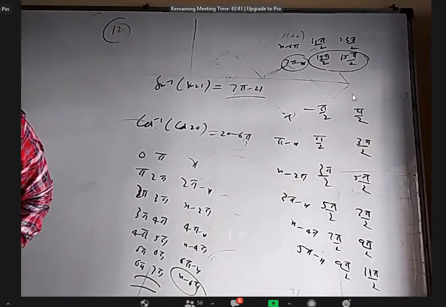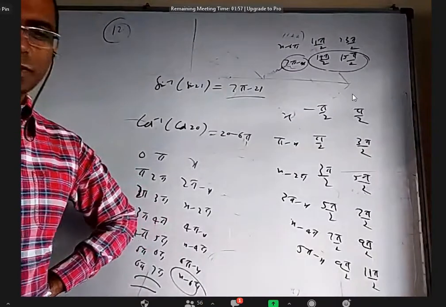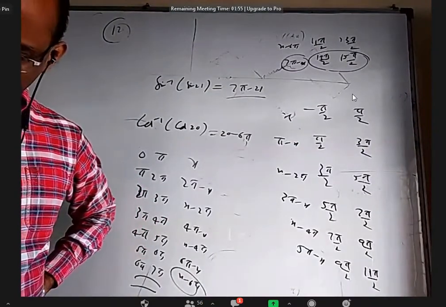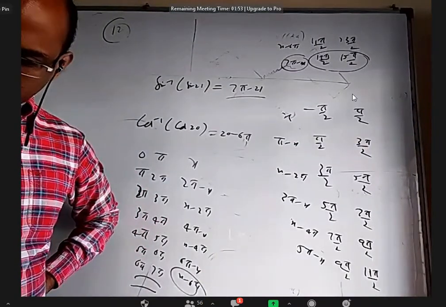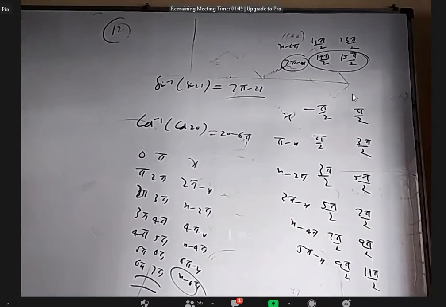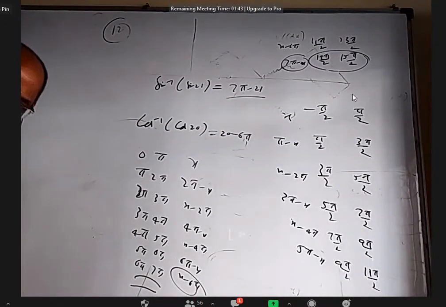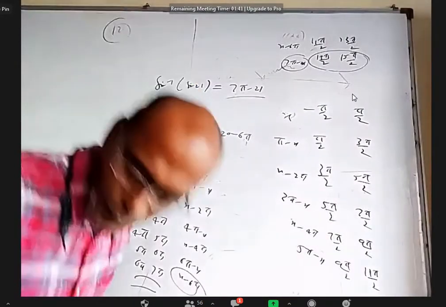Of course, somebody can easily tell the answer, because for sin inverse sin 21, the answer 21 should be there, and only option p has 21, isn't it? Yes, sir. And for cos inverse cos 20, 20 should most likely be in the answer, and only s has 20. At least they should ask sin inverse sin 20 and cos inverse cos 20, both with 20. It would have been a little better.